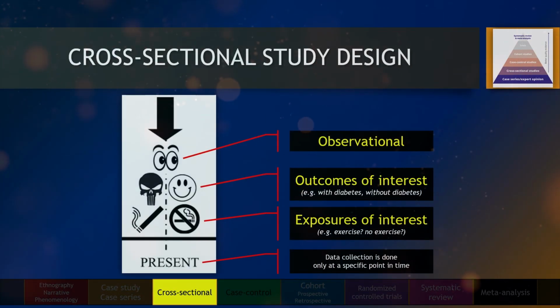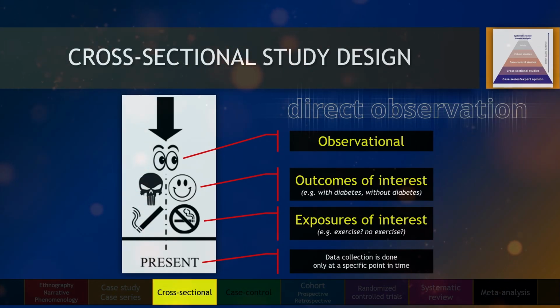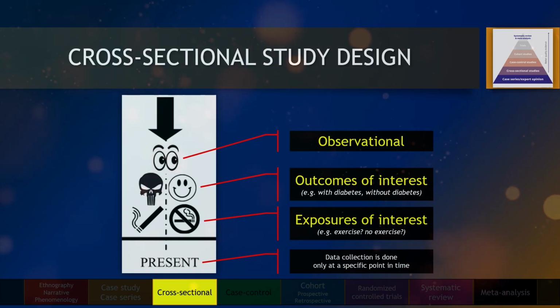A cross-sectional study captures data from a population at a single point in time. Imagine taking a snapshot of a population. This is essentially what a cross-sectional study does. Researchers collect data from participants at one specific moment, where they usually go to a study area and collect all information on exposures or outcomes, or both, from all of the identified or recruited respondents. This is usually done using population surveys, through questionnaires, or even records review from available databases, or even through direct observation. This type of study design is classified as both observational and descriptive.